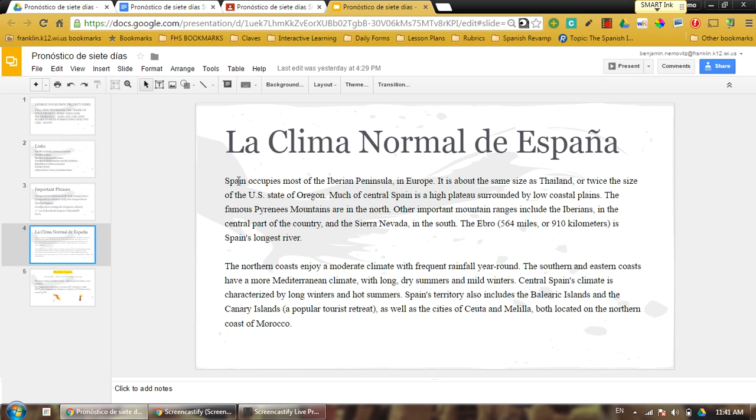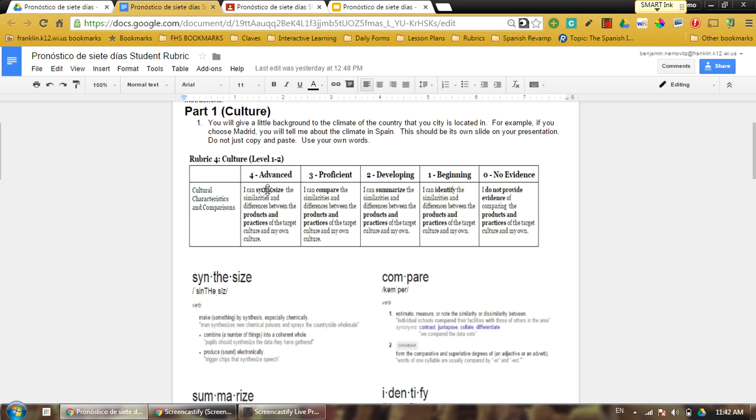I also want you to tell me the weather too. So topography first, and then their annual or average climates. So, for example, is it hot in Argentina? Is it cold? The actual rubric for this project says that a 4 is a synthesis of the two. So what that means is take the topography of Argentina and tell me how that affects their climate. Do the same thing with Wisconsin or the United States or any other culture that you are familiar with.